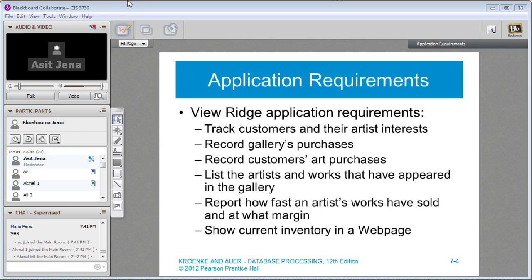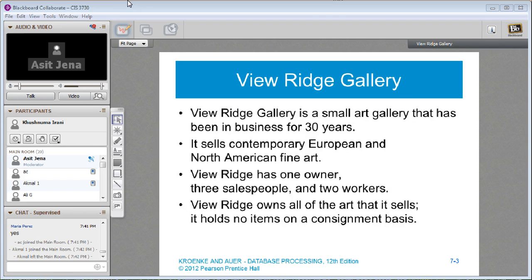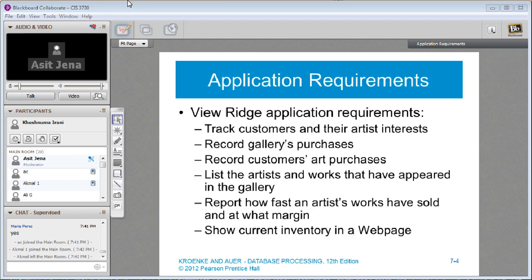This is an example of what the project presentation should look like. So this is your overview of what the business problem is, or something about the business. Then this is the application requirement.